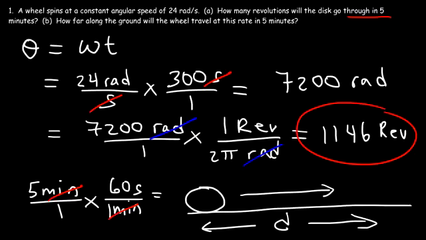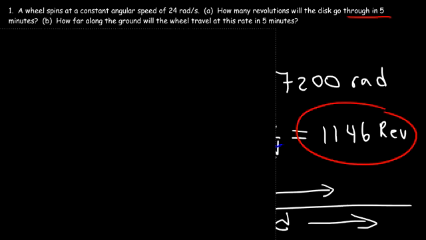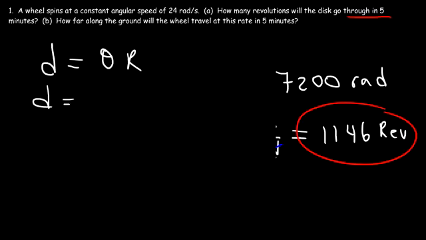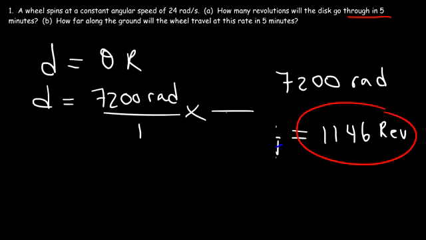So how can we get this answer? Recall that arc length, or linear distance, is equal to theta times r. But we need to use the angle in radians, not revolutions. So it's going to be 7,200 radians multiplied by the radius, which is